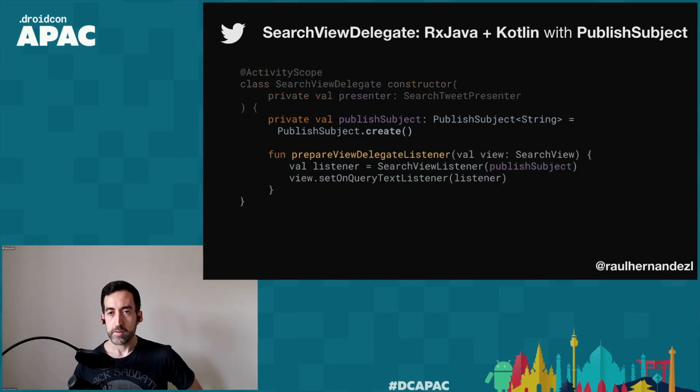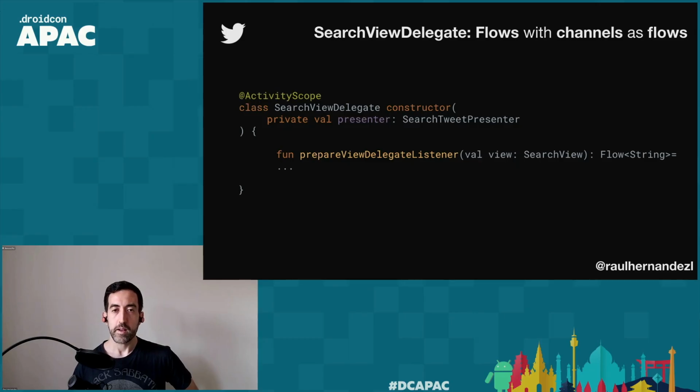Now, inside there, I will use the search view. Search view is the native component of Android. You could use a text, an EditText, for instance. That should be also valid. Then I will create this view listener by inserting inside the public subject. And then in my view, I will set the onQueryTextListener with this particular listener that I created. Then in my delegate, I have the presenter, the source tweet presenter, and I will prepare the view delegate listener